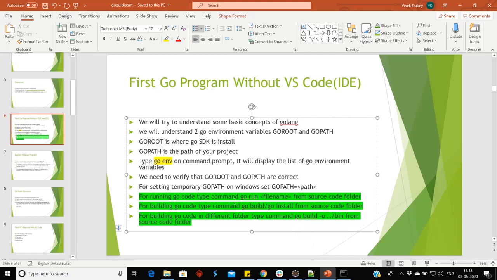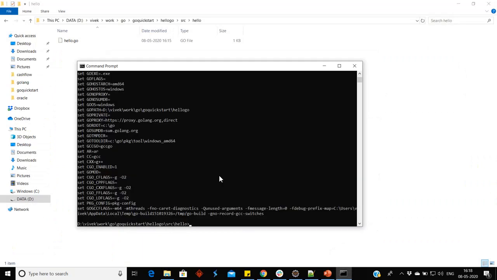For running Go code, we can type the command go run filename. It will run. go run hello.go.